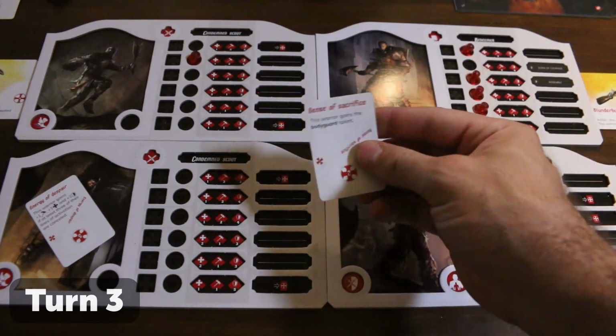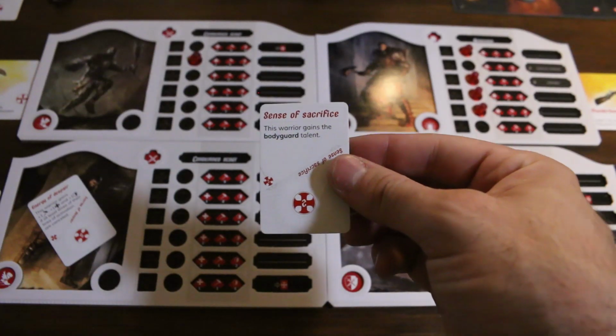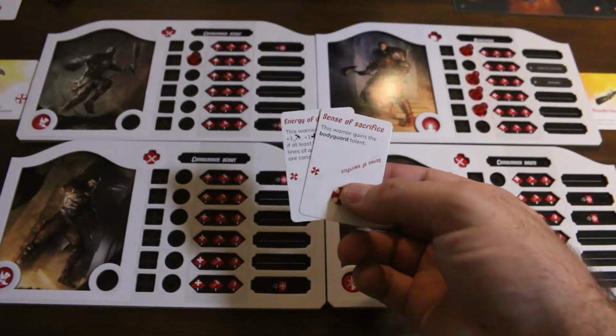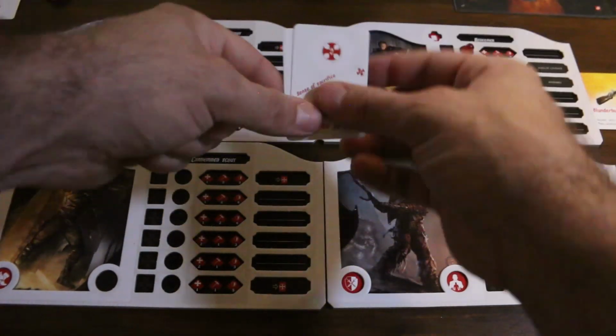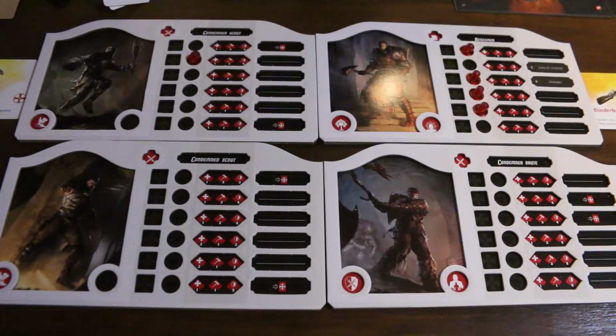We move into the human preparation phase and we'll take a look at the new instinct card that we got. Sense of Sacrifice: this warrior gains the bodyguard talent. Now we can dish these cards out to anyone, just so long as they meet the requirements of the card. It doesn't have to go to the person who picked them up. Or, instead of doing so, we may choose to use their values on the bottom side to replace a dice